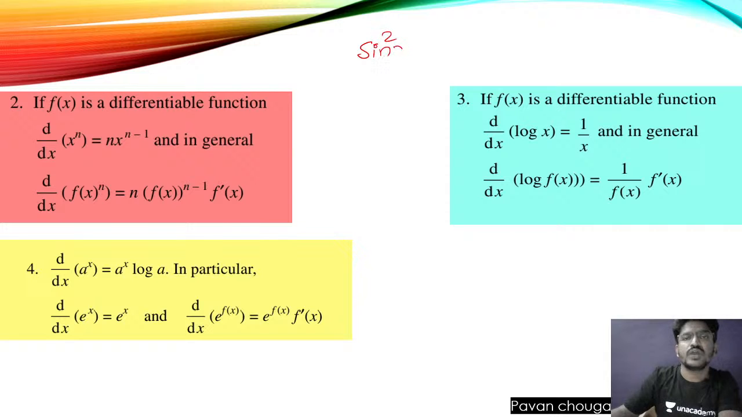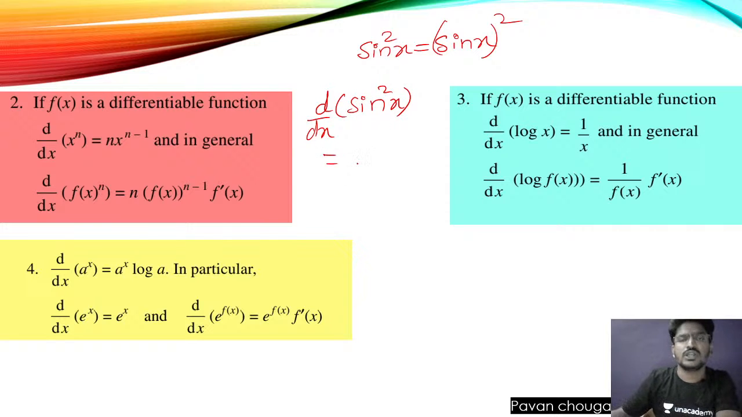Sin square x is nothing but sin of x whole square. Clear? So now I want to differentiate this: d by dx of sin square x. First I have to simplify this: 2 times sin x to the power of 2 minus 1